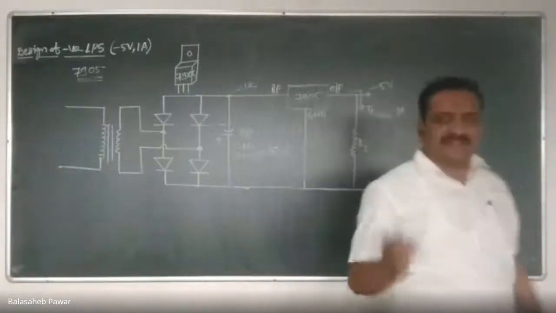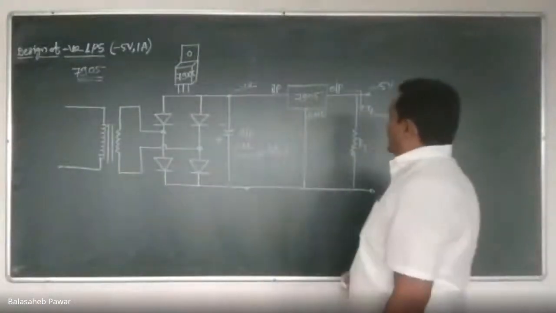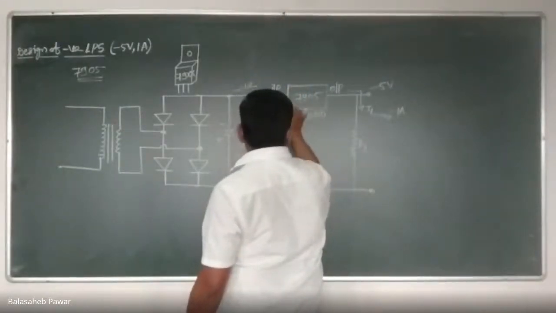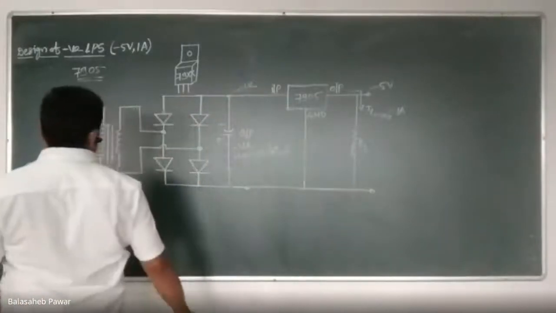Okay, Sir, is the second pin the input? What? The second pin is the input? Whatever. You will get all these things in the data sheet. No need to remember, don't worry about it. But while using that regulator IC, you have to use the data sheet of that